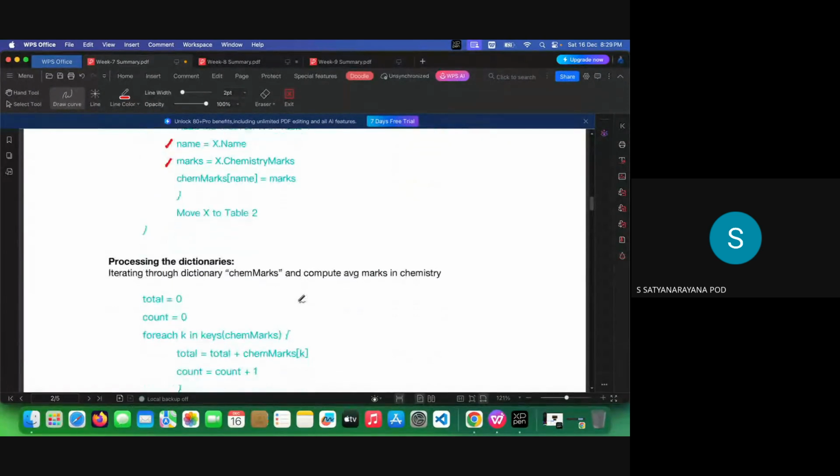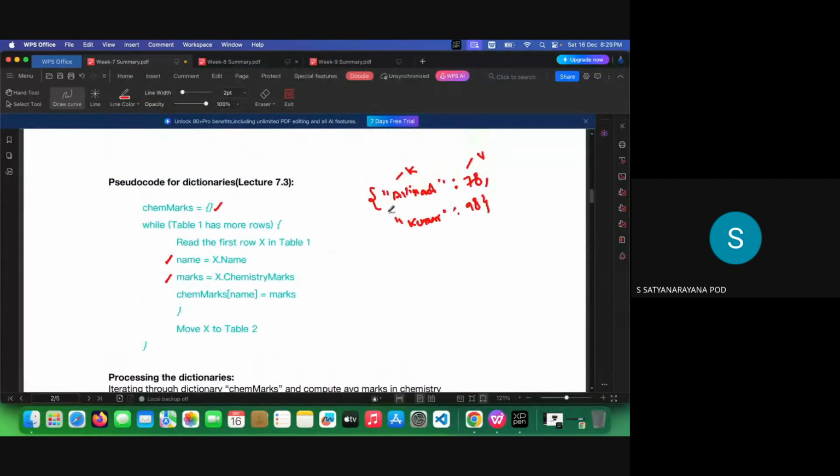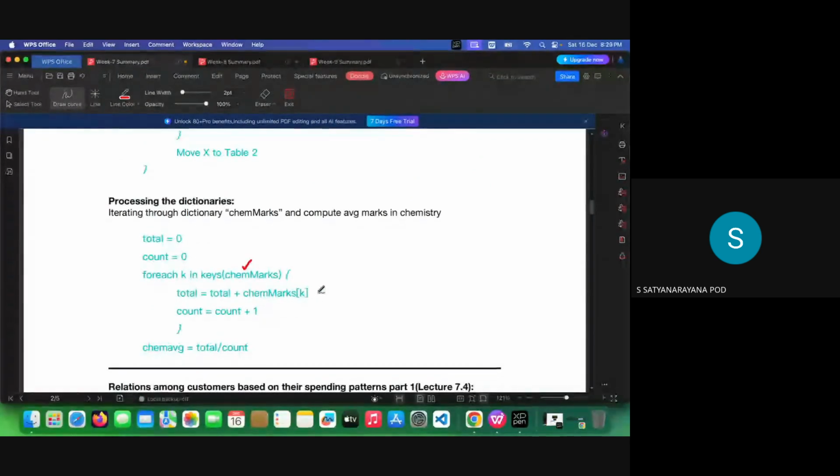Now, once the packet is ready, we want to process it. I want to calculate the average marks for chemistry. So simply, the package that is ready is called chemistry marks. In that we extract only the keys. Only keys means you get the names of the students. So using the name of the student, we extract